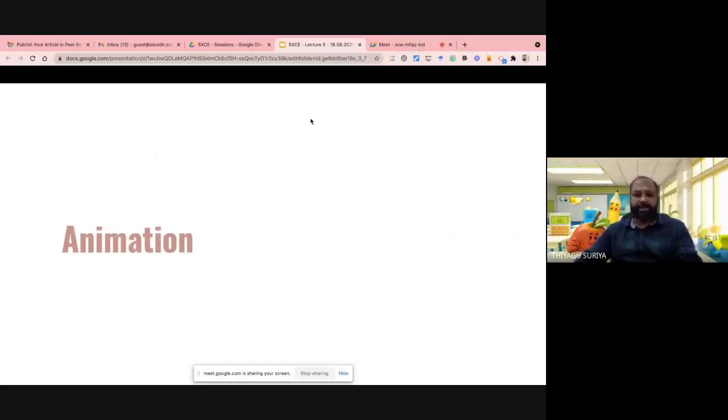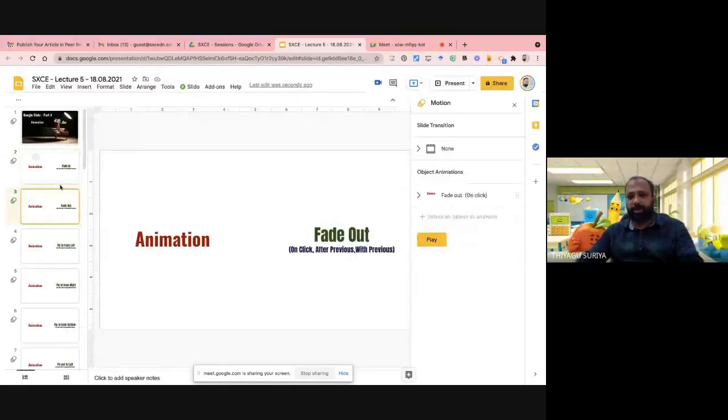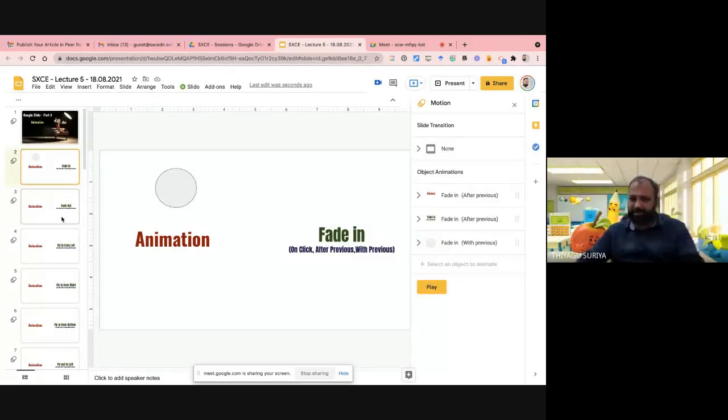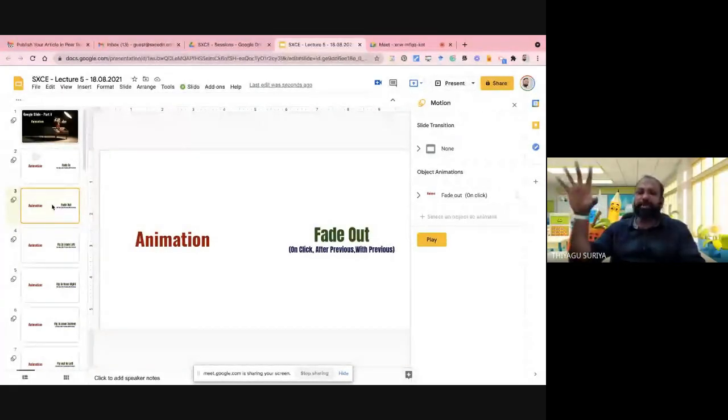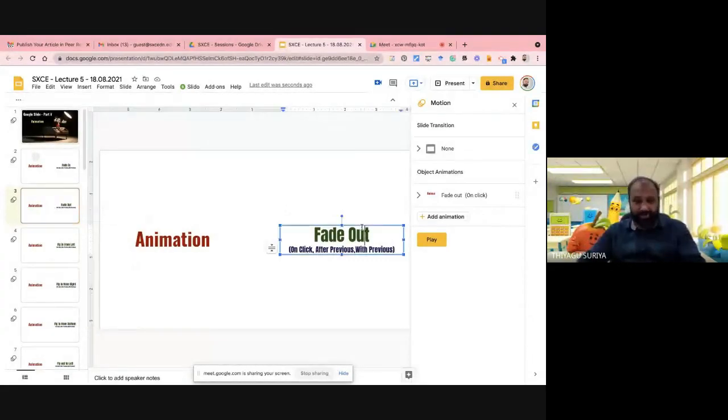Now I move to the second one. I hope you don't have any doubt about what fading is. Fading is an option for the contextual content. The content may be text, a video, an image, or any file, but it becomes very small, very slowly or very fast, based on the time you're fixing here. That's fading. Now the fade out, like from dark to light, that kind of fade out may go.